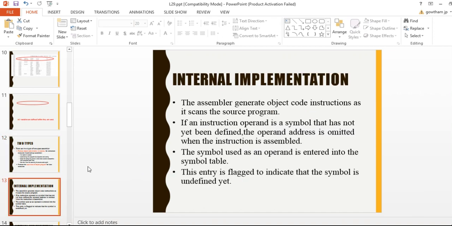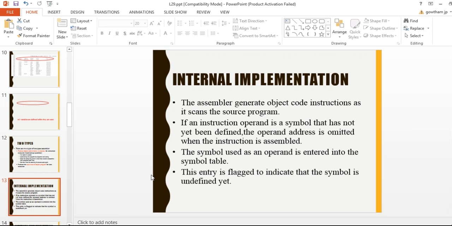Now, internal implementation. The assembler generates object code instructions as it scans the source program. If an instruction operand is a symbol that has not yet been defined, the operand address is omitted when the instruction is assembled. The symbol used as an operand is entered into the symbol table.